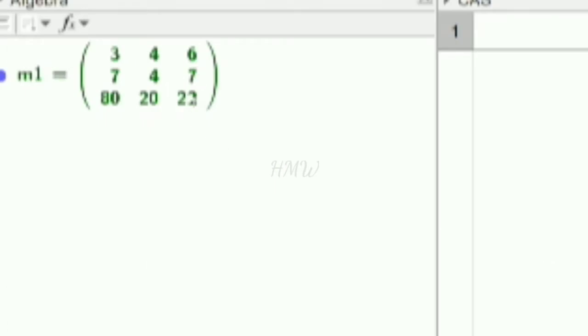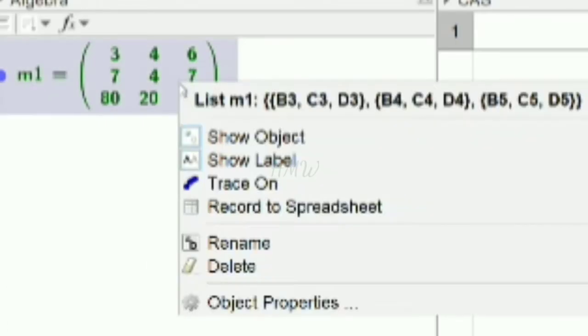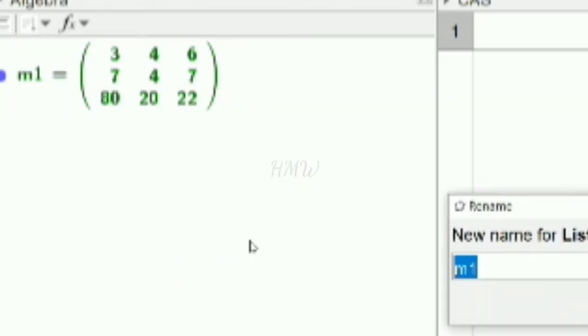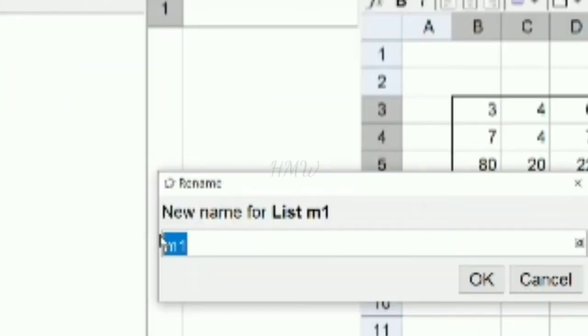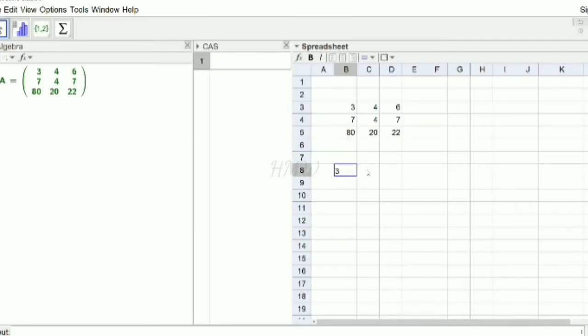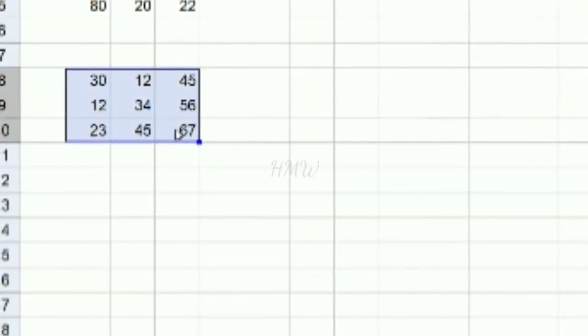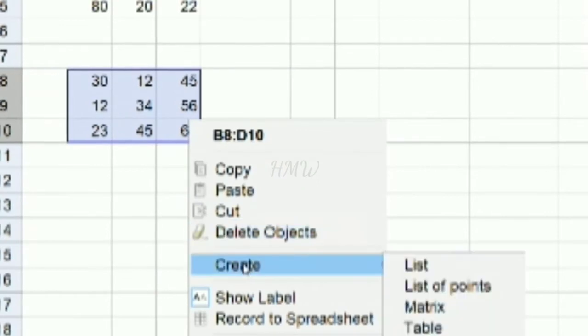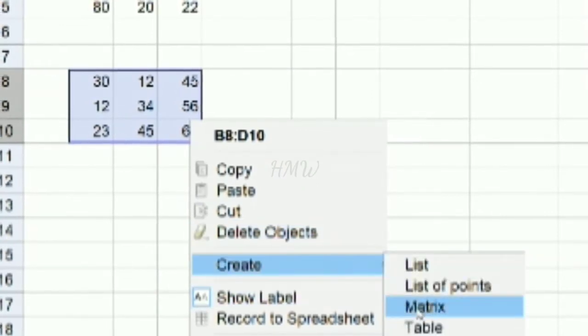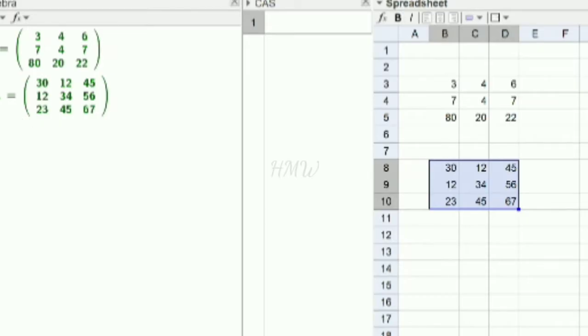So the matrix is created here. Right click and you can change the name of the matrix as matrix A. You can input another matrix. So select and create matrix. So this is how you create a matrix here.